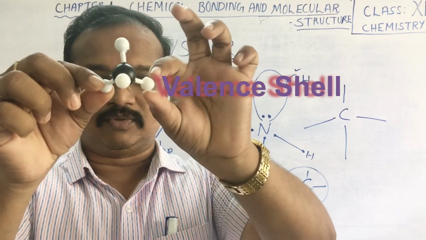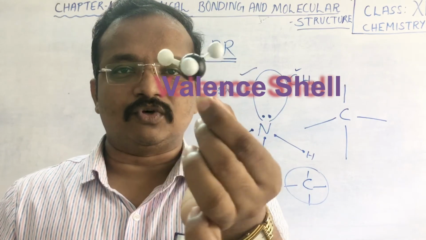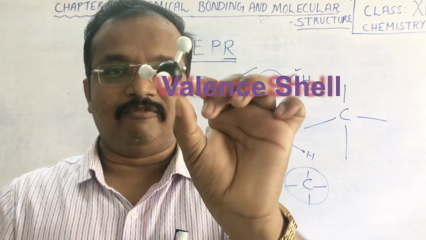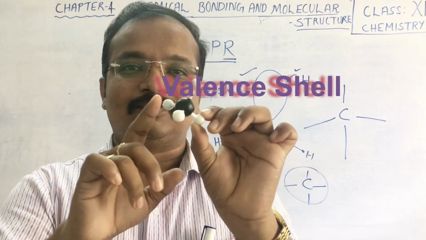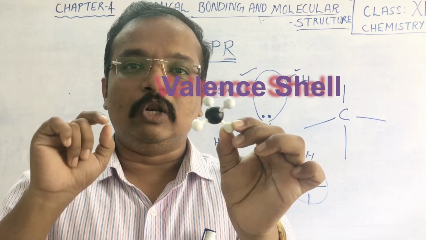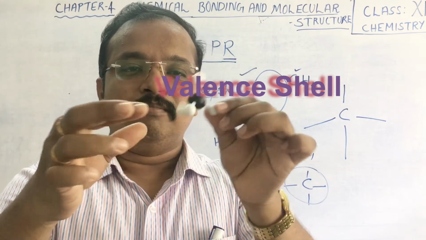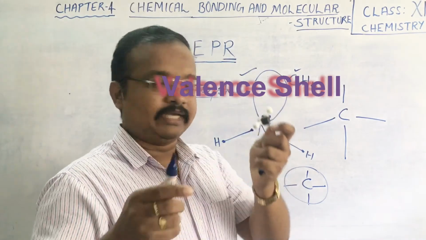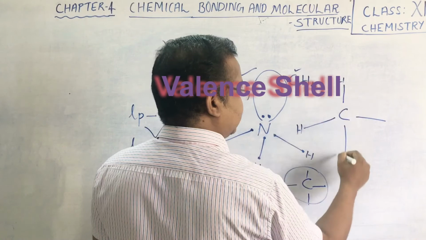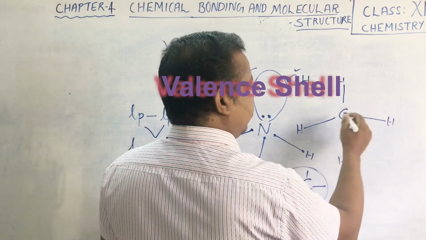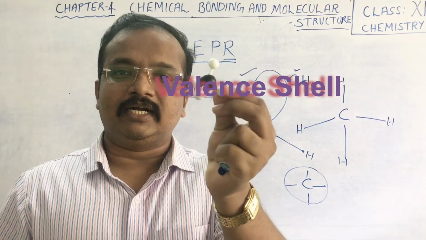Now if you look at this, this is how we can place the atoms at the maximum distances around a central atom when there are no lone pairs present. This is the case where no lone pairs are present, so we can place the bond pairs at the maximum distances. Here CH4 forms with the maximum distances, and it forms a tetrahedral structure. This is the tetrahedral structure.